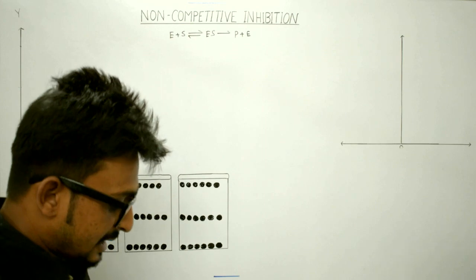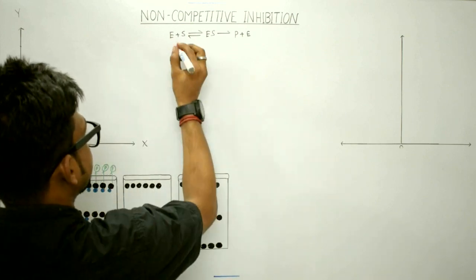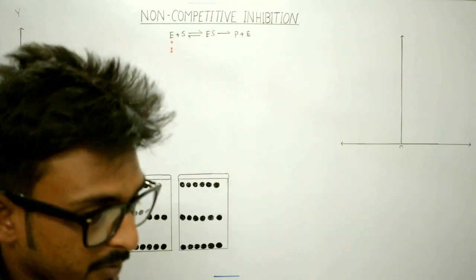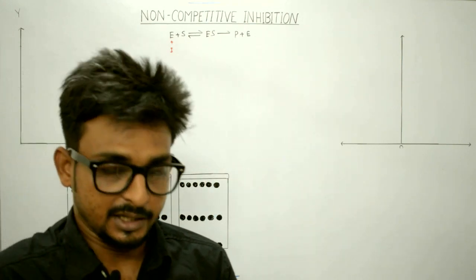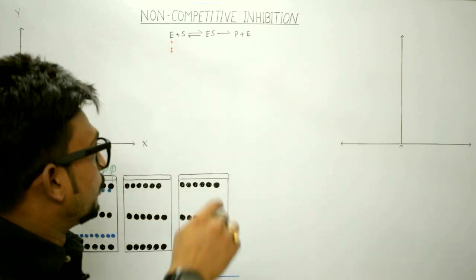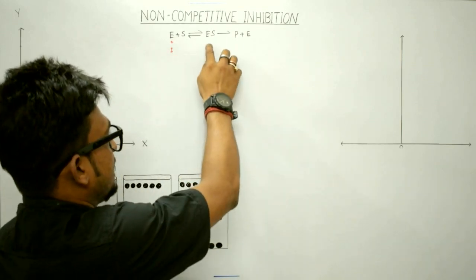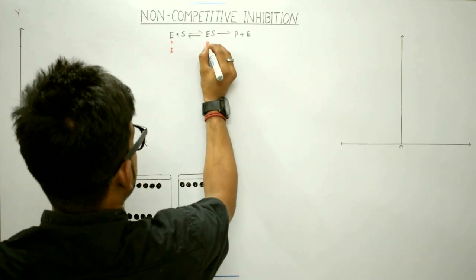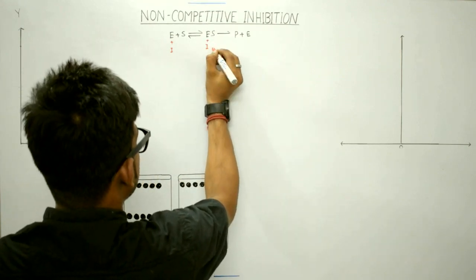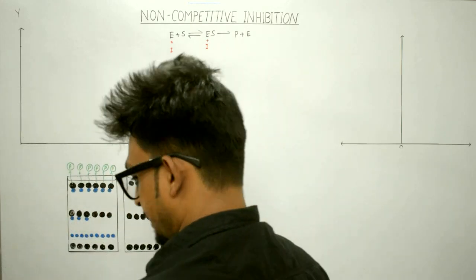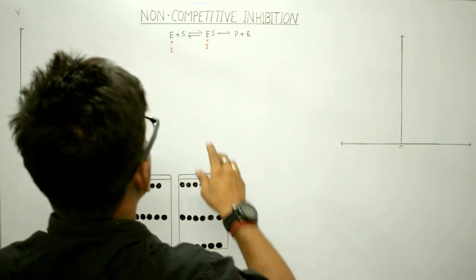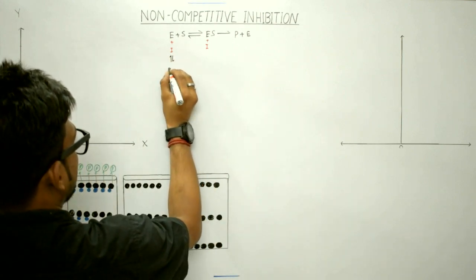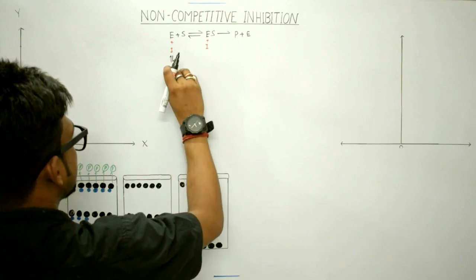Now if we add the inhibitor in this system, as I told you, in non-competitive inhibition the inhibitor can bind with both the enzyme and the enzyme substrate complex. So here the enzyme is added, and the inhibitor is added, and here also the inhibitor can bind. Okay, now after that what will happen here? The complex will be the enzyme inhibitor complex,